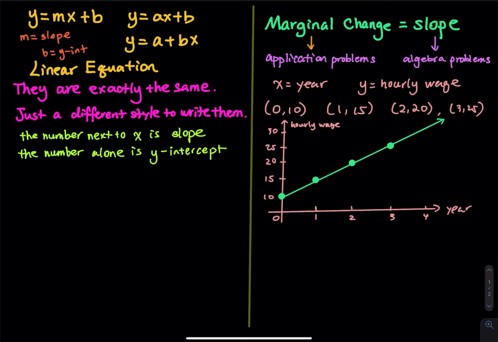y = mx + b is a linear equation. m is the slope and b is the y-intercept. Depending on the textbook you use and the preference of the author, they usually have a different style to write